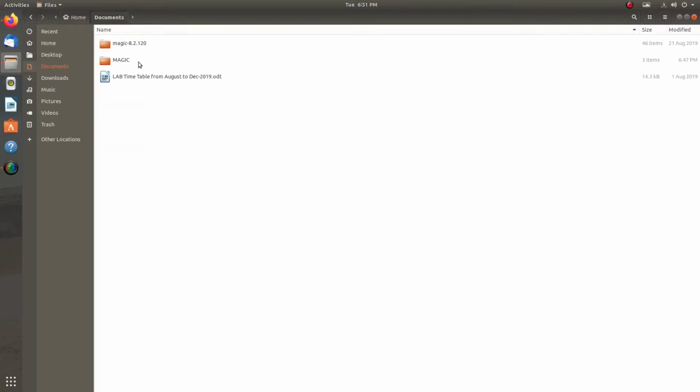So today we will learn how to install Magic in Ubuntu and how to install Tanner in Windows. First of all, I will tell you what the steps are to install Magic, and before that you have to install Magic in Ubuntu. Please install Ubuntu on your laptop with a partition, or you can do one more thing: you can create a virtual Linux or virtual Ubuntu also. There you can install Magic.